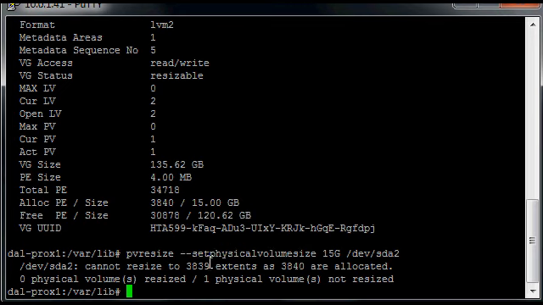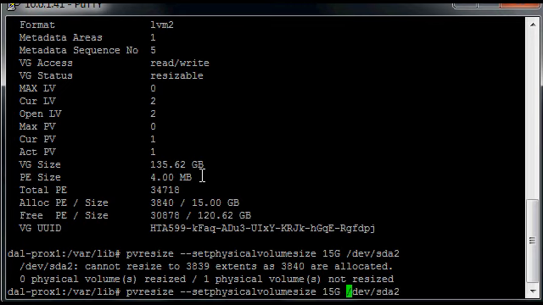And you're going to see this is actually going to fail. The reason it failed is that at install time the system calculated that 15 gigs was equal to 3840 physical extents, whereas now it thinks it's equal to 3839. It's only one off, clearly some sort of rounding error, but something we'll have to deal with in any case. Since it's only one off, and the physical extent size is 4 megabytes,